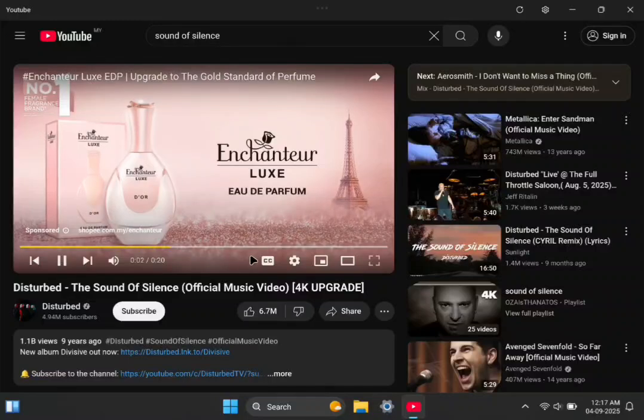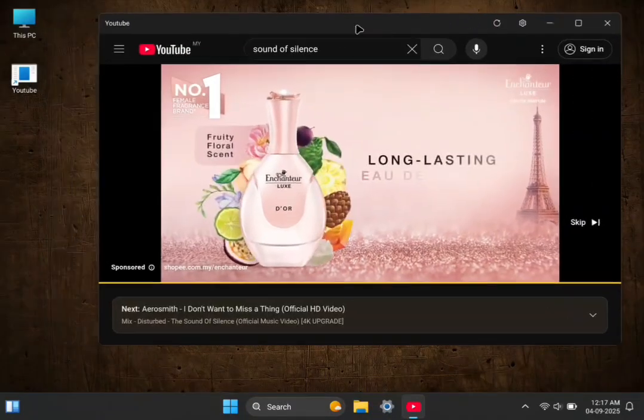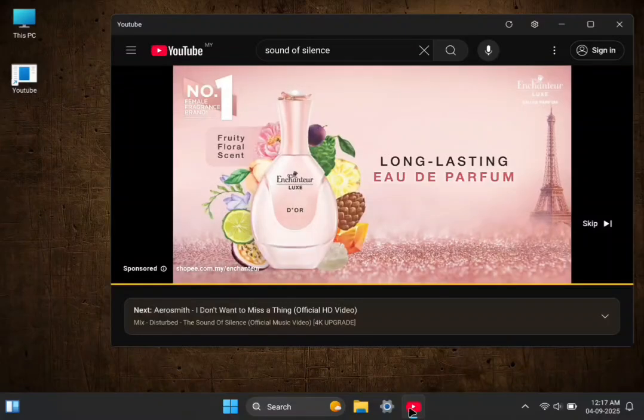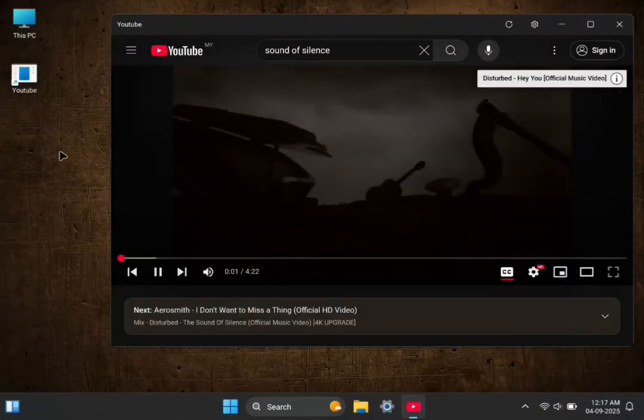Enchanté Luxe Eau de Parfum. Her choice in gold standard fragrance, floral pink peony, juicy white peach, a lasting presence of YouTube icon appear on